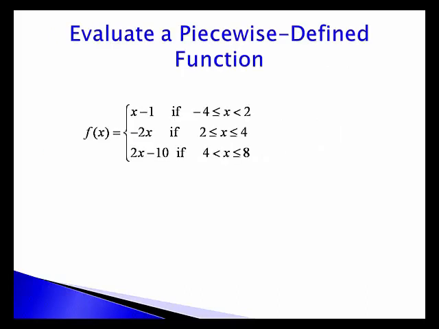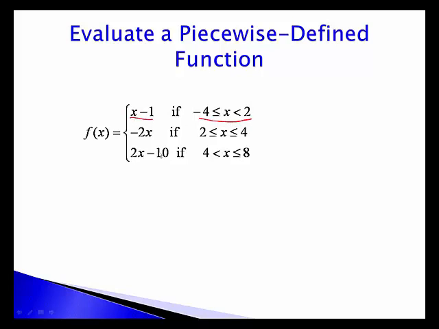First of all, let me give you one, and let's talk a little bit about what this means. Notice that it starts off with f of x is equal to, which tells us it is a function. But then what I want you to notice is what you have are basically three different pieces, hence the name piecewise defined. I want you to notice that when x is between -4 and 2, the function is defined as